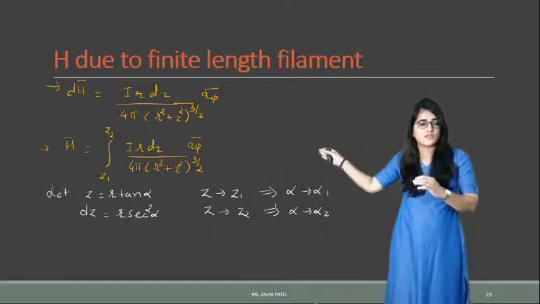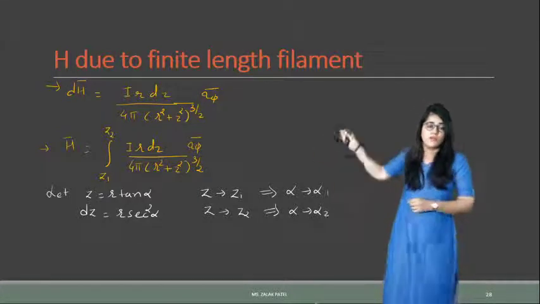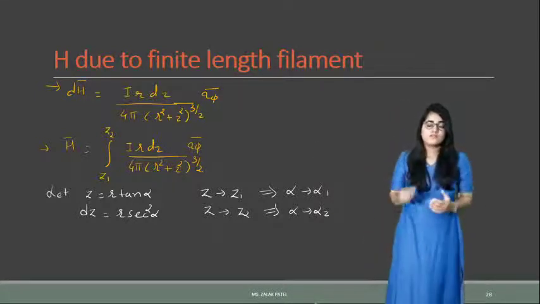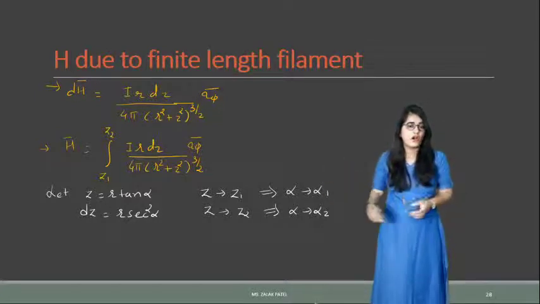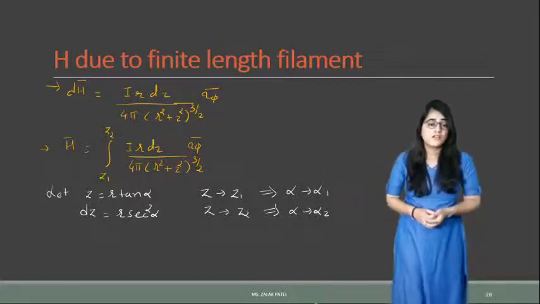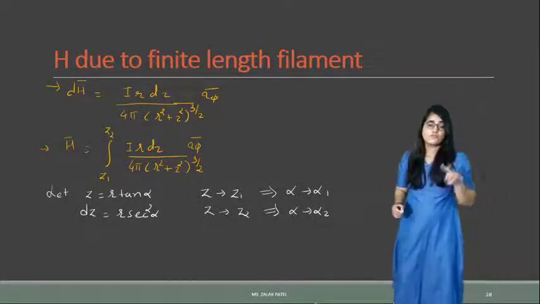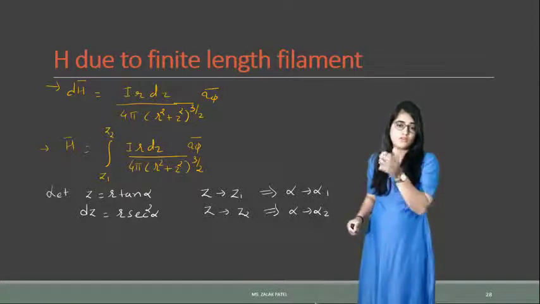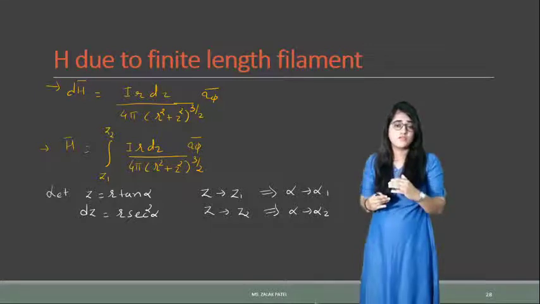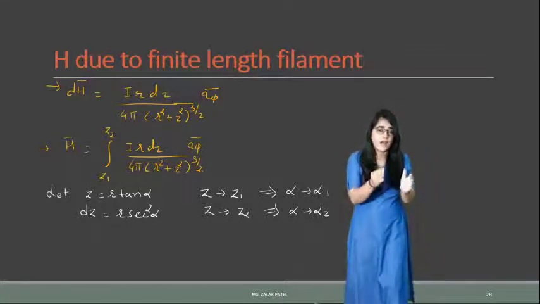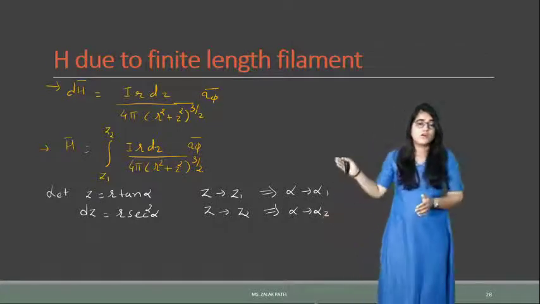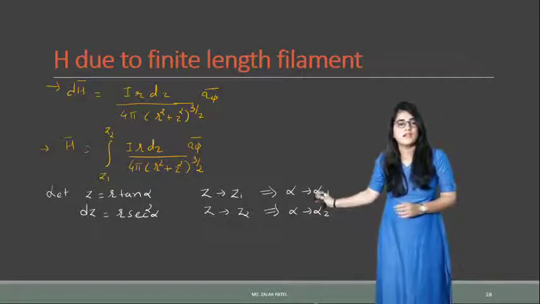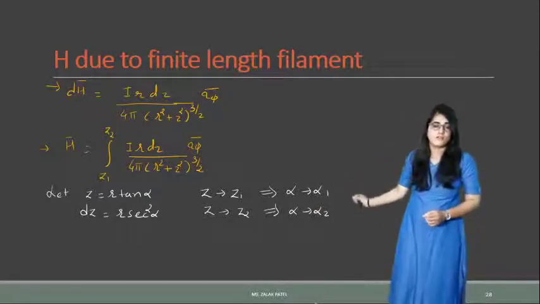Okay, so now from this equation onwards, we have to change theory. So here again we take the function z equal to r tan alpha, because we consider some angle is changing. So the differentiation is dz equal to r sec square alpha d alpha. Here again we have to change the limit. In case of infinite, if you remember, we changed the limit from minus infinite to infinite, and then we converted them in terms of theta, that is from minus pi by 2 to pi by 2. Here also, z1 to z2 means it will become tan inverse of z1. So let's take it that the angle is alpha, so alpha equal to alpha 1 to alpha equal to alpha 2.